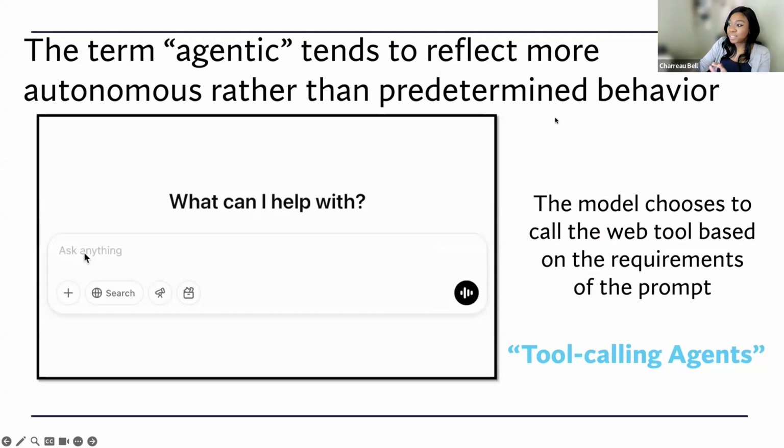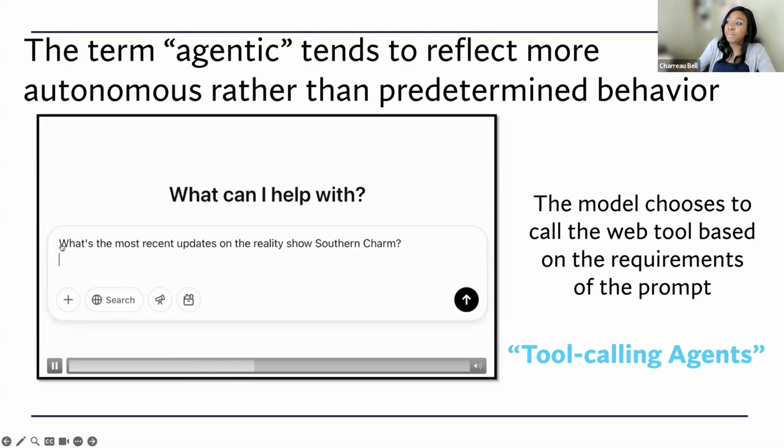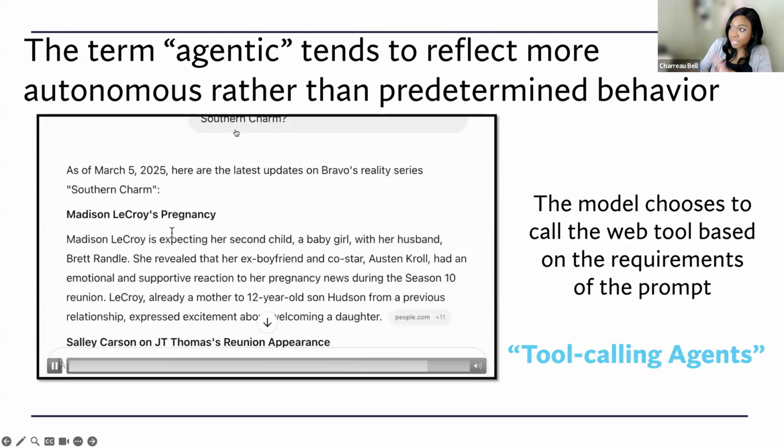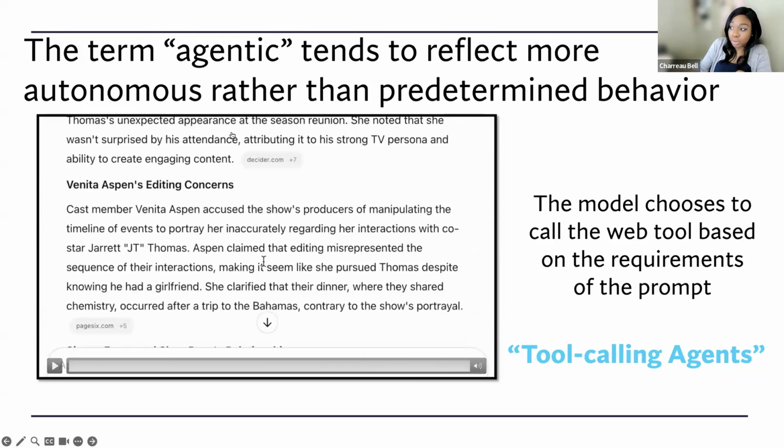So there are sort of these different ways we might think about agents. We might think about them along this axis of the degree of autonomy that an agent, or a system, is able to have. So we can look at this again, and we saw that. And so looking at this one more time, this is an example of you see the system deciding that it needs to call this tool.